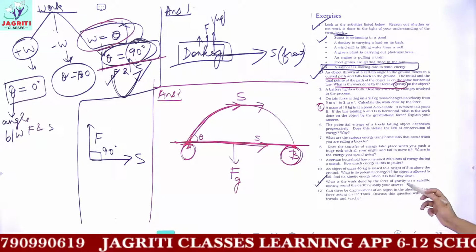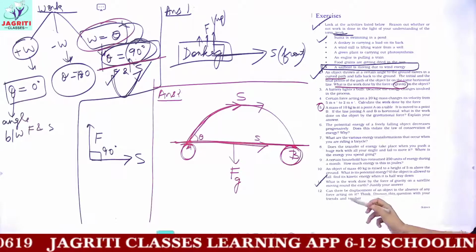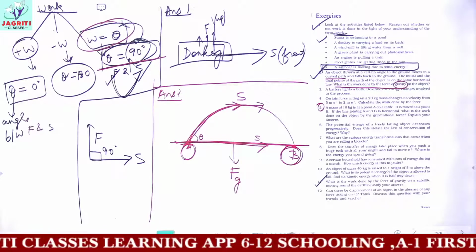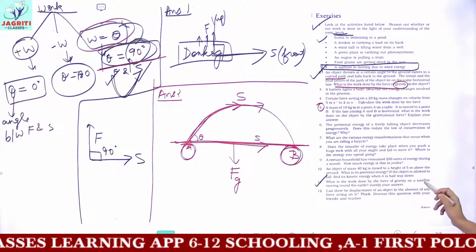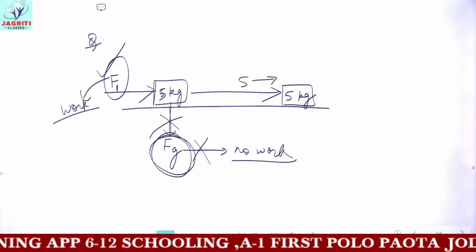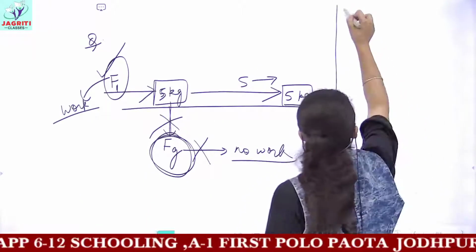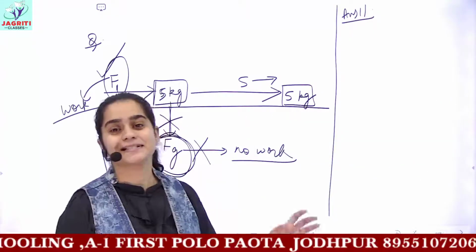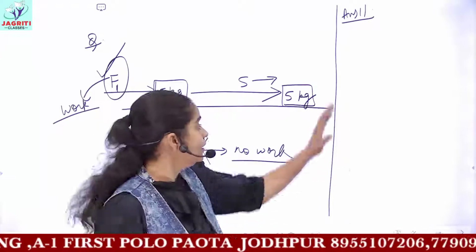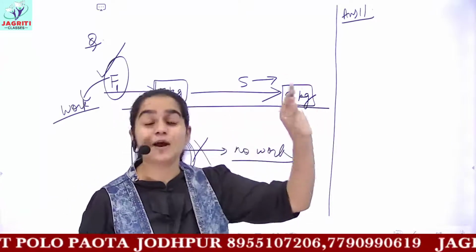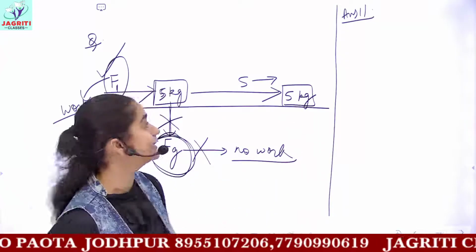What is the work done by the force of gravity on a satellite which is moving around the earth? So you have to now give the work done by gravity on the satellite moving around the earth. So let's see how we'll do that. So we are moving on directly to question 11, because this 11th question is related to work. The questions in between are related to other concepts of energy, kinetic and potential energy, which we'll be studying now.